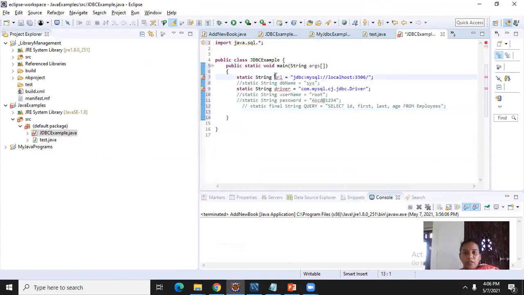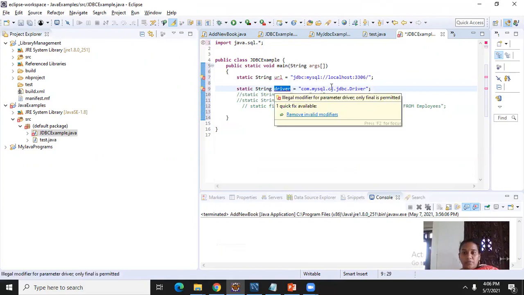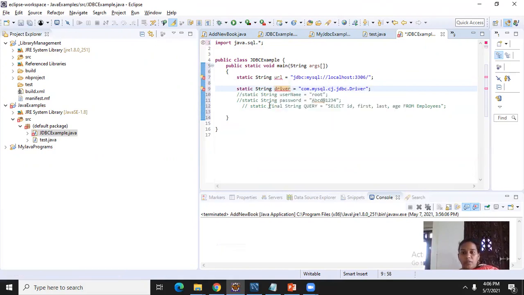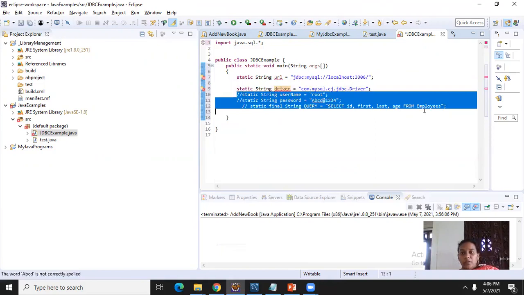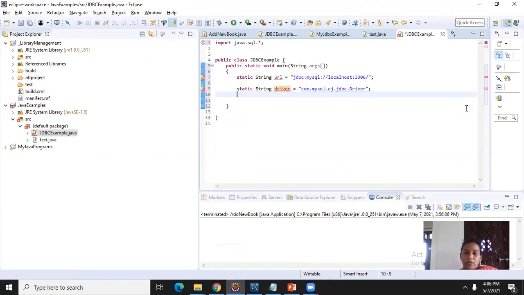My URL is jdbc:mysql, where MySQL is installed on my localhost under the port. The database I'm using is Sakila, and the driver name is MySQL CJ JDBC driver. I told you this is the JDBC driver we can use for MySQL. These are the two pieces of driver information I need to carry.